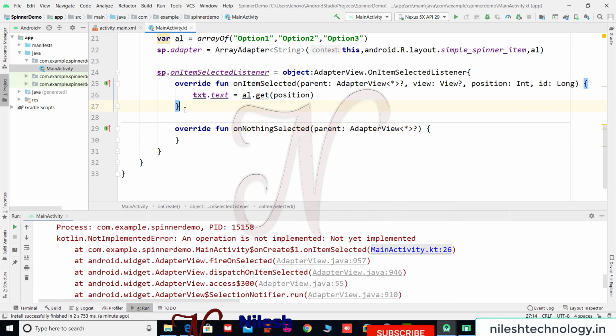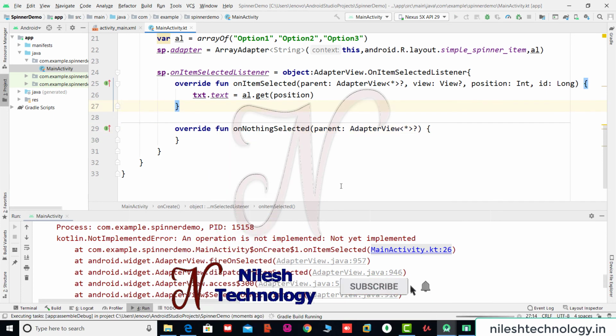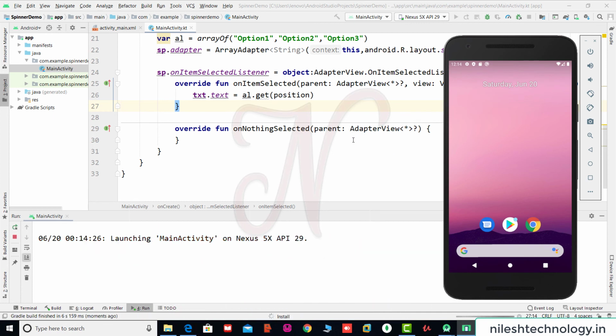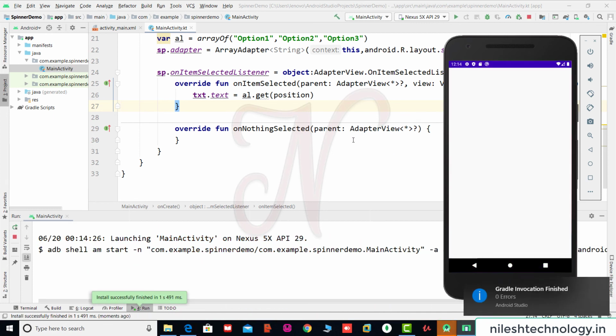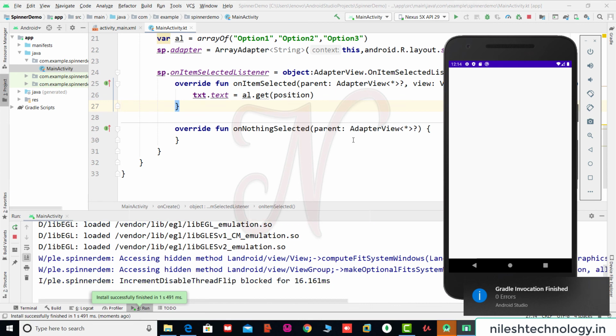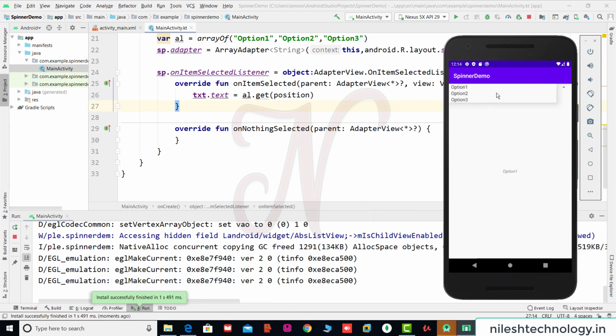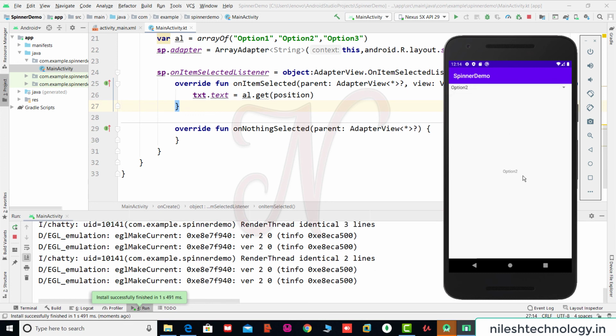Save this and run again. See here, if you select the second option, then option 2 is selected, then option 3 is selected. So in this way we perform some action.